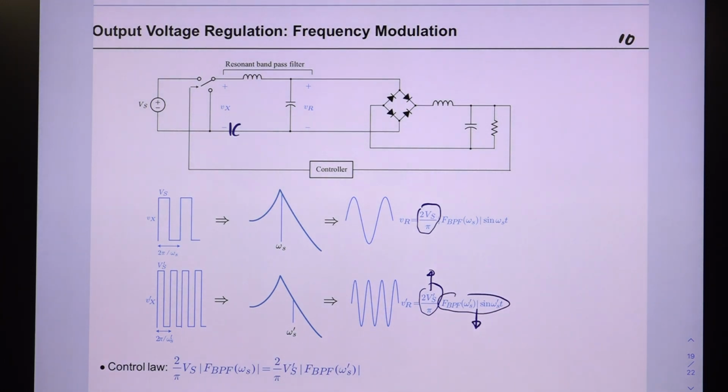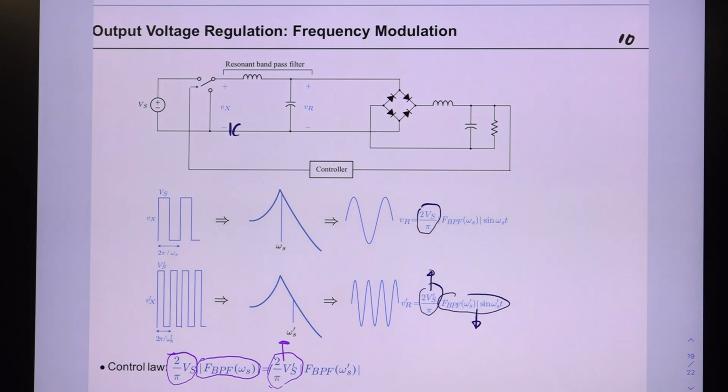Okay. Then the control law of this thing is obvious. The control law is this: the magnitude of the fundamental component of the original waveforms, and this is the band pass filter transfer function, the magnitude of the band pass transfer function of the original case. Now this voltage fundamental component